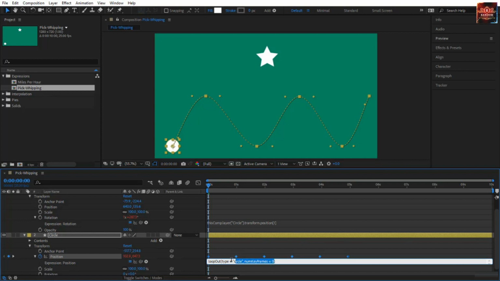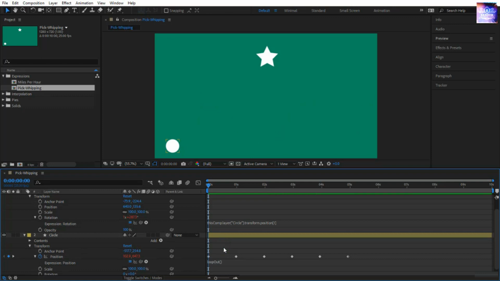Well, these are really not the parameters, it's just the syntax. You can just come and delete them. Okay, so we delete all of them except the parentheses. Now notice how loop out is spelled. The O is uppercase. Please don't write it in small case, it will make a mistake. The expressions are case sensitive and language sensitive, by the way. So now if you play,